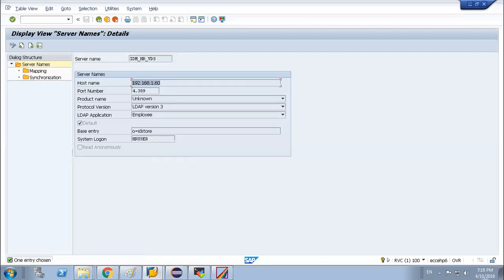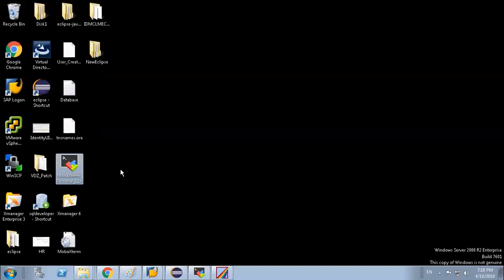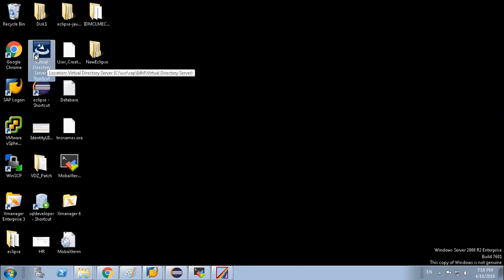The virtual directory server which is present in our UI is a shortcut which is installed on Windows, so that is the reason it was not connecting.